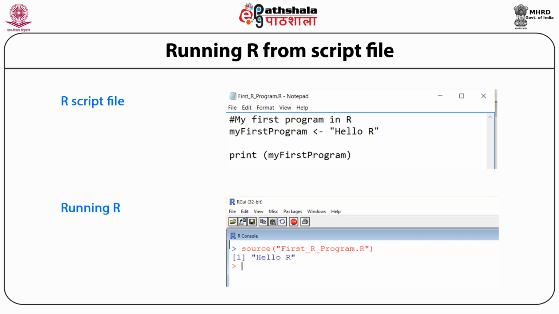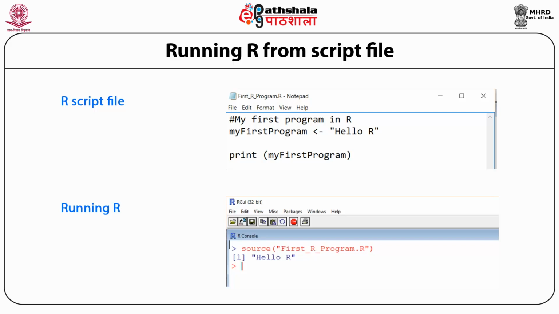Then to print the object, we use the print function: print, in brackets, my_first_program. Here hash shows the comment line, which is generally ignored by the compiler.